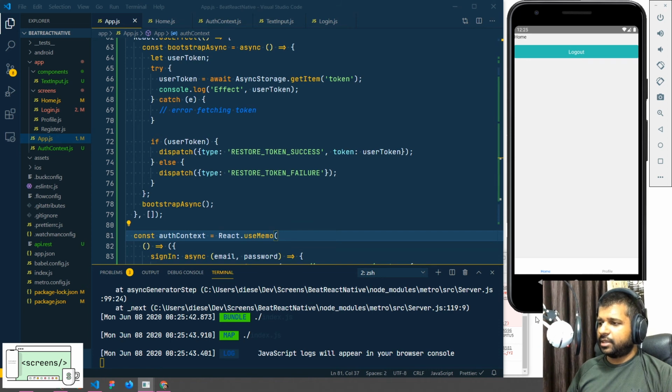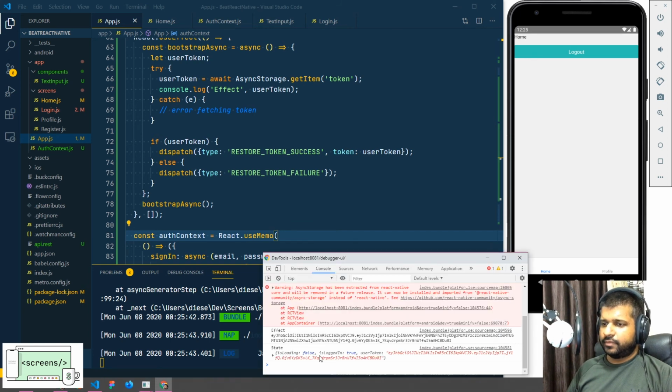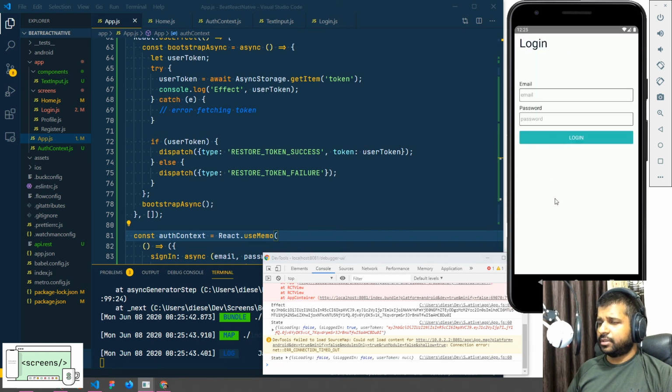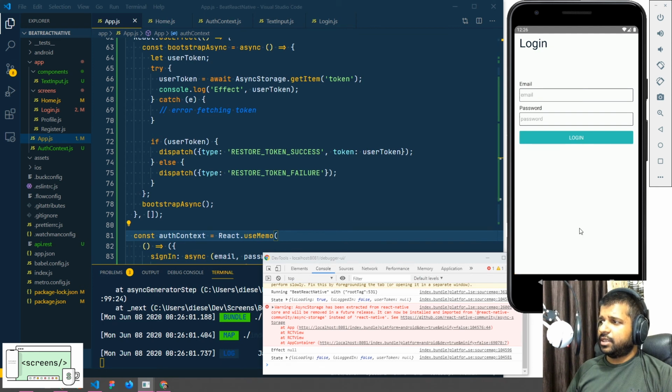So logged in state, we have the token, we have logged in as true. When I click logged out, the user token becomes null, logged in becomes false. It takes me to the login screen. Let's refresh it also. We fetch the token from the